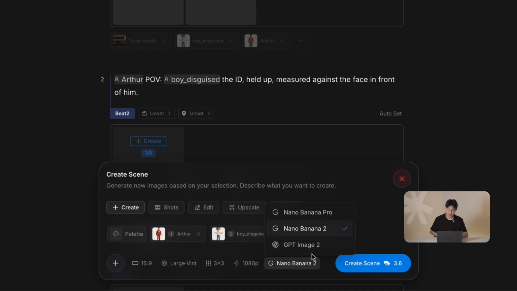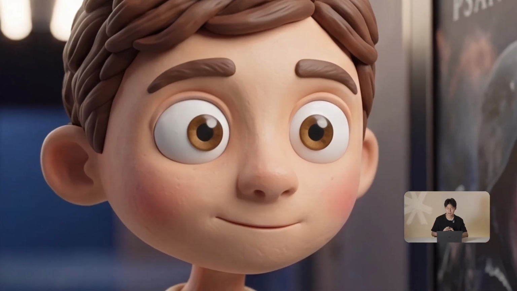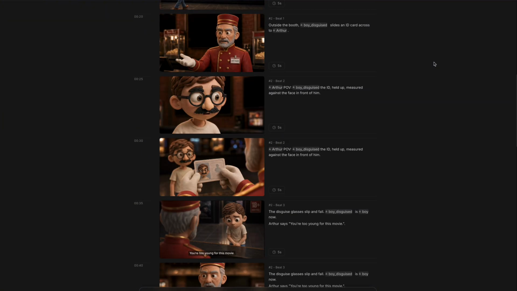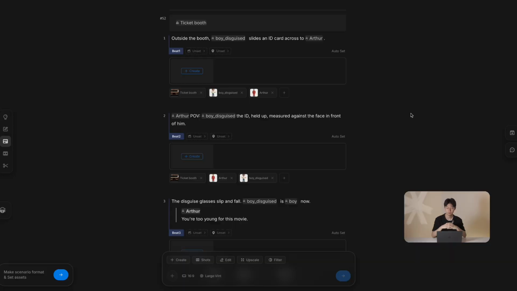You can use NanoBanana or GPT. GPT costs more credits, but it's usually more detailed. NanoBanana has a softer, smoother plastic texture to it. Models change all the time though, so use them both and pick your favorite. And since the AI makes a whole batch of cinematic shots for you, you don't have to think about the angle, the lighting, where to put your subject, all of it. Let AI handle that work. You just need to decide.